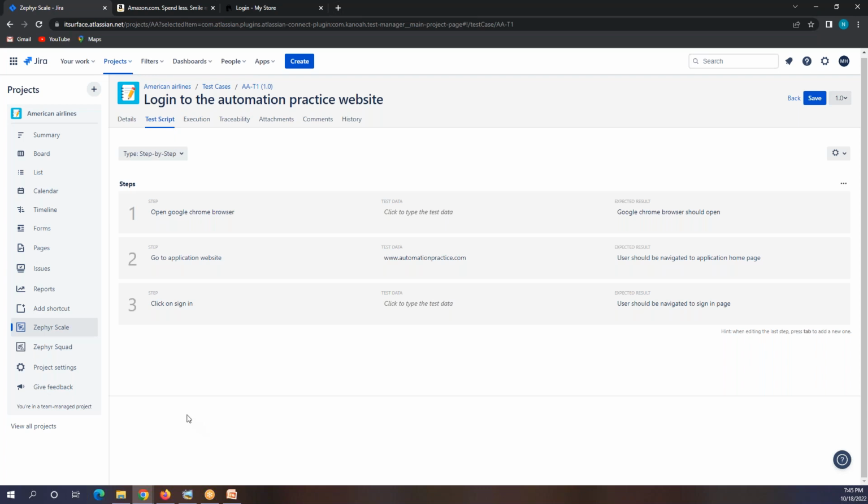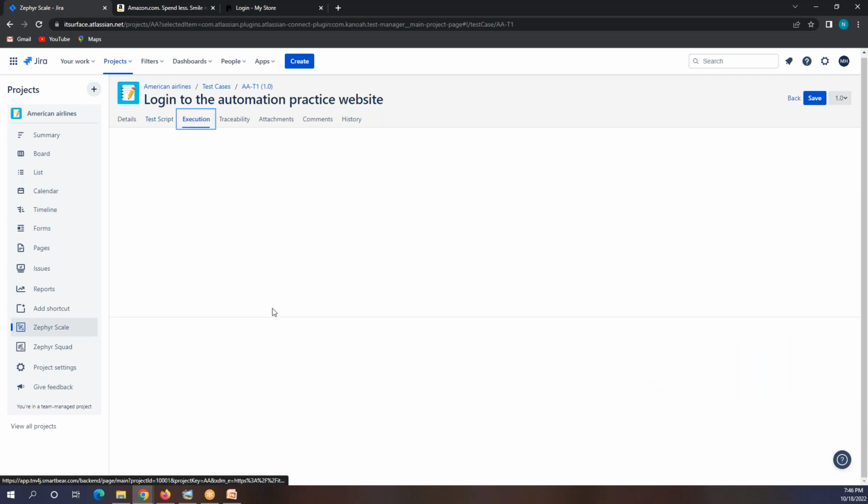So that's it. You need to do the same thing, but here if you see, I have only three things. One is the step, another column is for test data. If you need anything, like for the next one, I have to insert the username, so I will need the test data there, and then the expected result. Only three things.